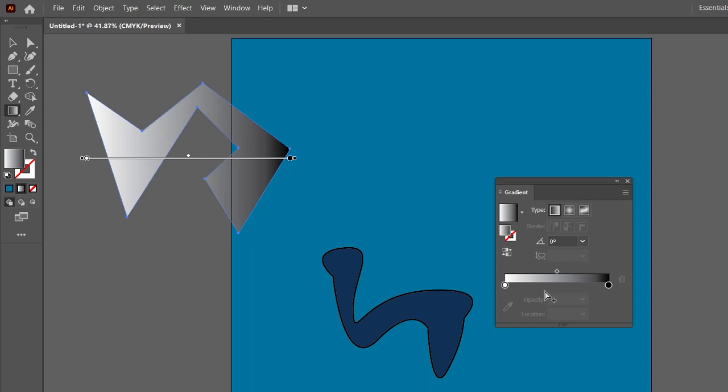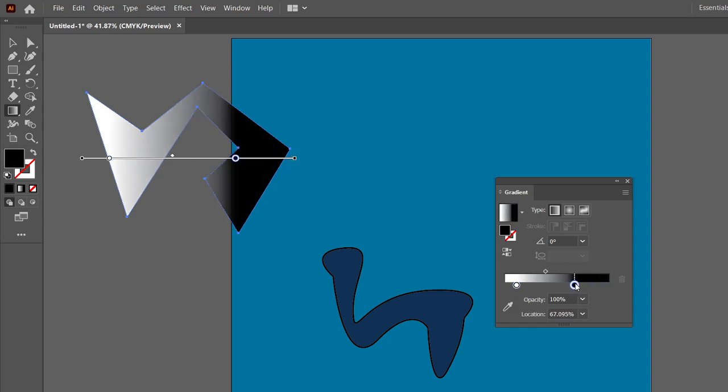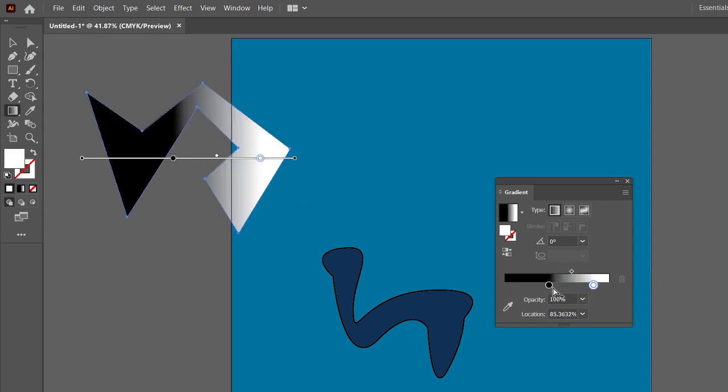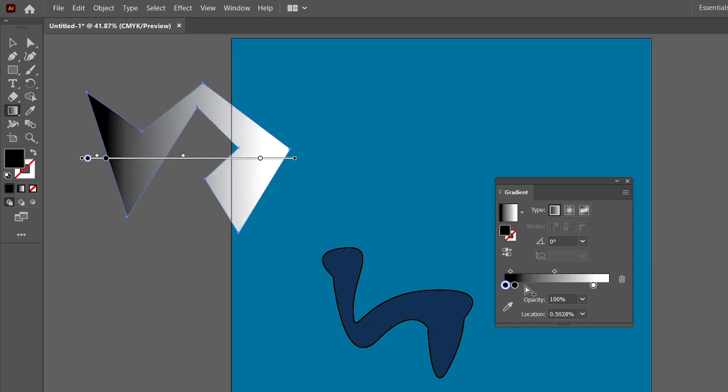So in linear, you can add as many colors as you want. By default there is a white color on the left and a black color on the right. You can shift them, and as you can see, it is instantly showing the effect in the figure. You can also shift the colors both ways, like here. And if you want to add more colors, you can point at the gradient slider, and here's a plus sign,